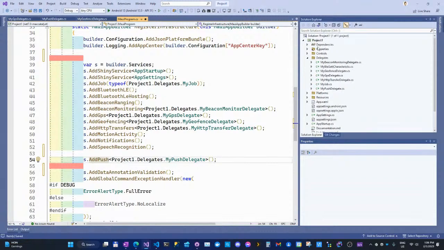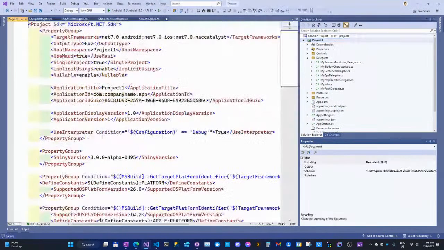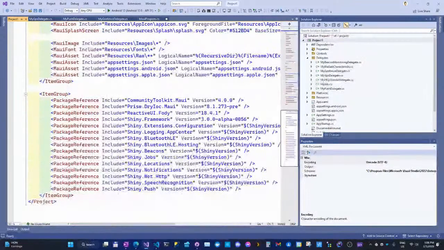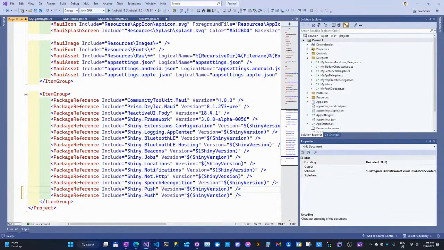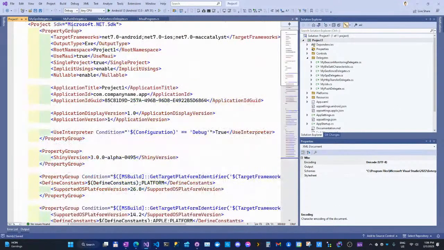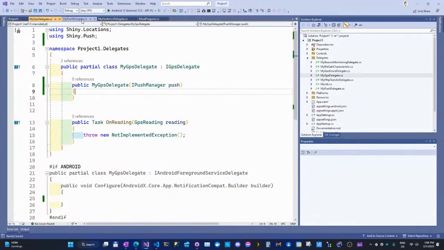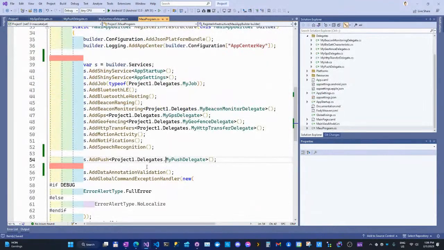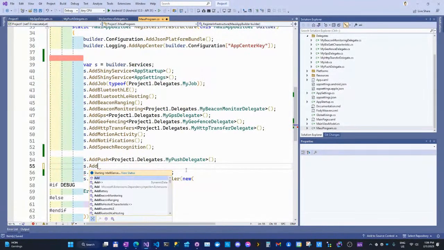But if I wanted to say, I'm just going to edit my file here, and I'm going to pull in, let's say, Firebase instead. I'm going to change this to Firebase and hope that Visual Studio does its thing and refreshes this for me. What do you think? Am I going to get lucky today?